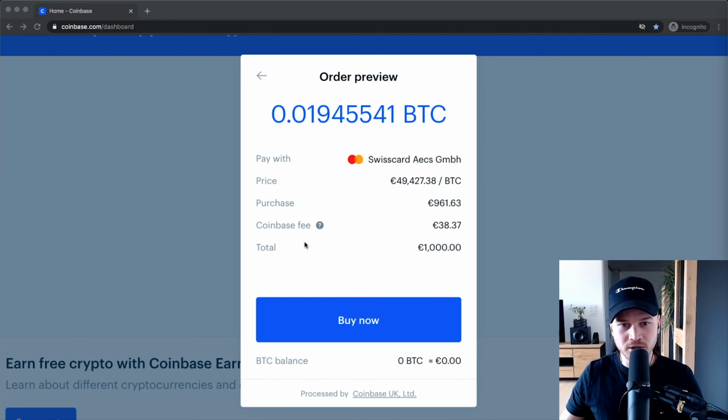And then you can see the Coinbase fee here. Like I said before, it's almost 4%. So that would be $38.37. And then what's left of this is $961, and with that amount, you'll be buying your Bitcoin. But again, there's going to be a spread of 0.5%, which is already calculated in this price right here. So this is another fee of like $5 that you have to pay that you don't even see in this overview right here. And then if that's fine for you, what you can do is click on Buy Now,